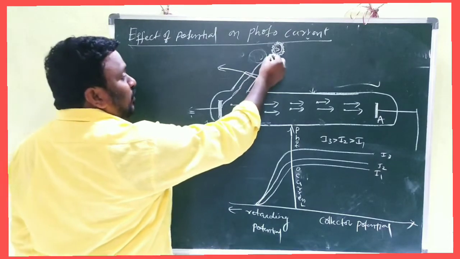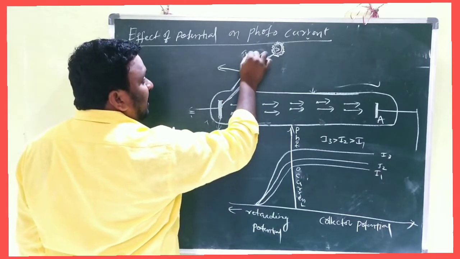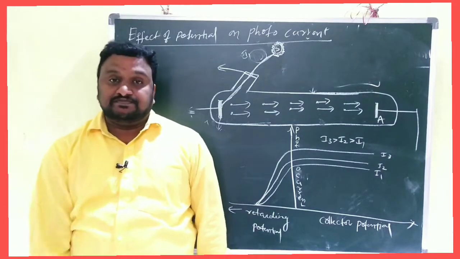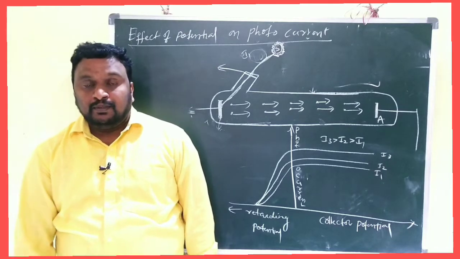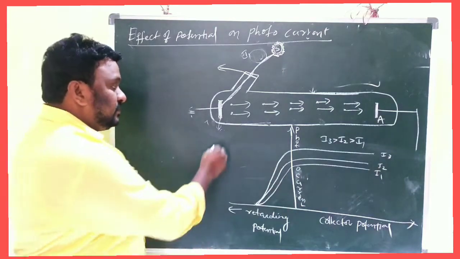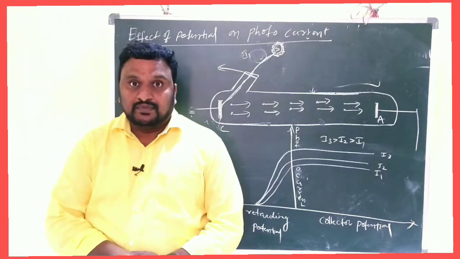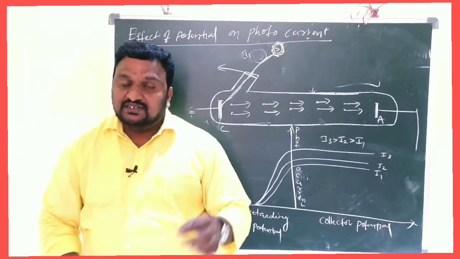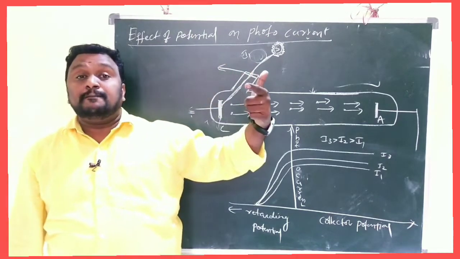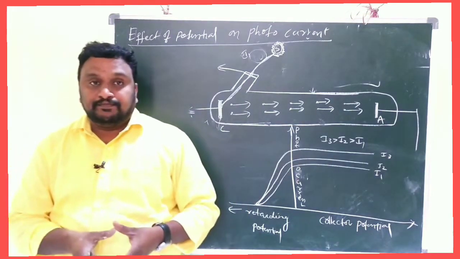First I am going to take this light, which has some intensity I1. I1 is the intensity of radiation on the metal surface C. Clear? Then the electrons are moving from C to A. This is C, the photosensitive material, C to A. This is the common thing for us. Due to I1, electrons are liberated. They are collected by the collector. Then the ammeter will show some reading.